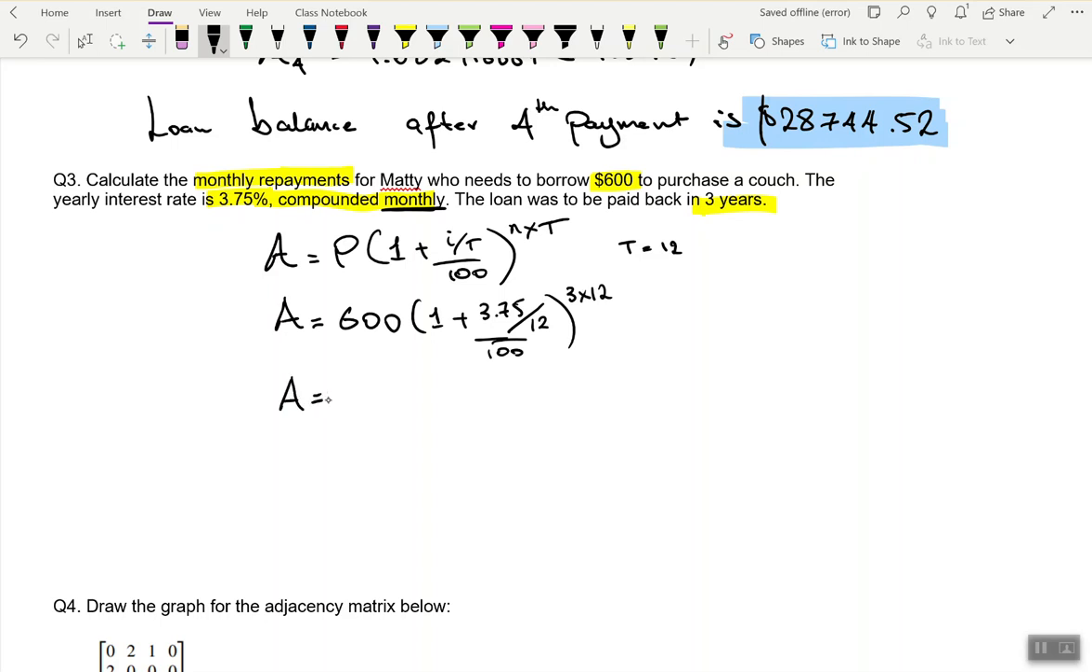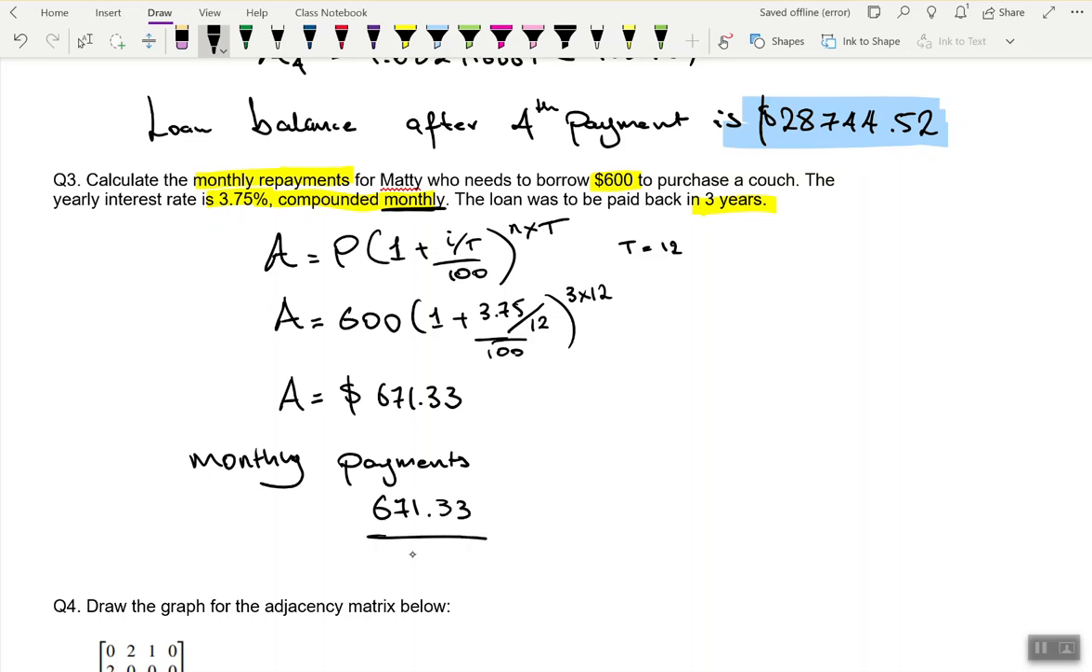Put that into my calculator. Make sure you're very careful when you're working these things out. You should get 671.33. Just round to 2 decimal places. And so, okay, the monthly payments, what it's asking for, would be